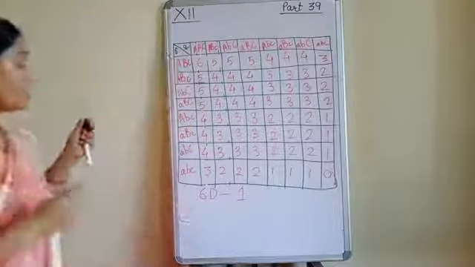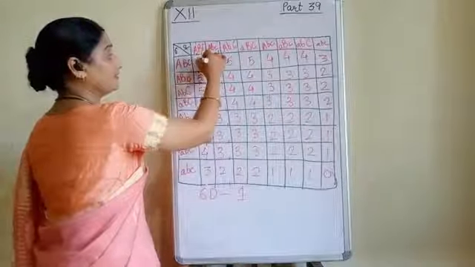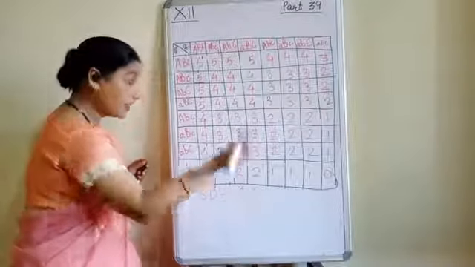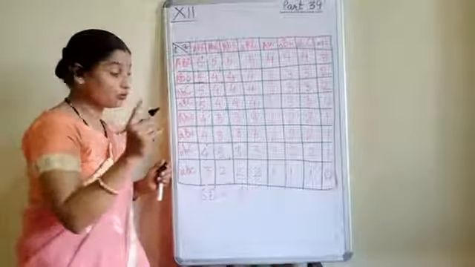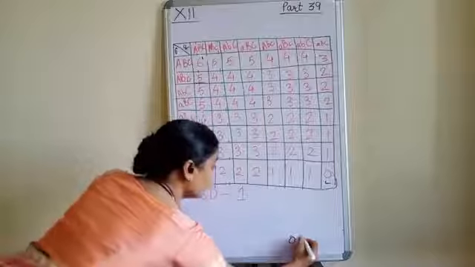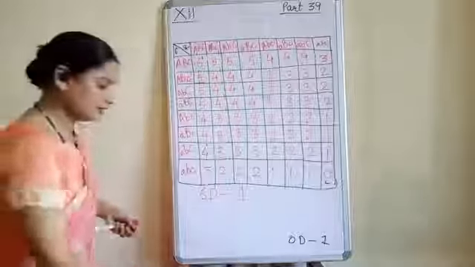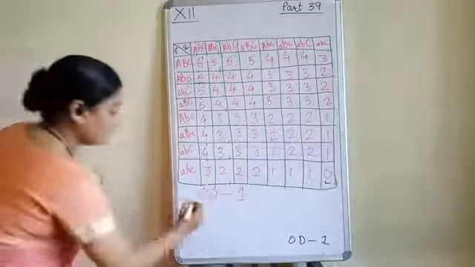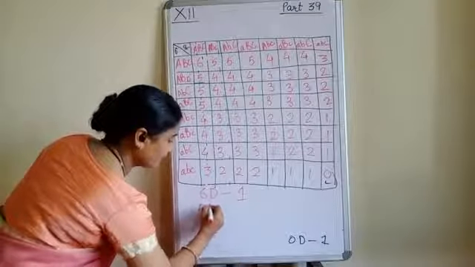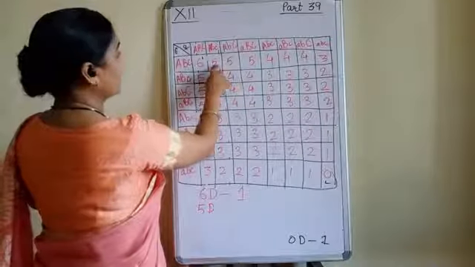Now look at the board. How many 6 dominant we got? Only 1. So how many 6 we got? 1. Okay. How many 0 we got? 0. Only 1. So suppose if I write 0 dominant, how much? Only 1. Clear? Now, how many 5 dominant we got? 5 dominant. You count, will get 1, 2.